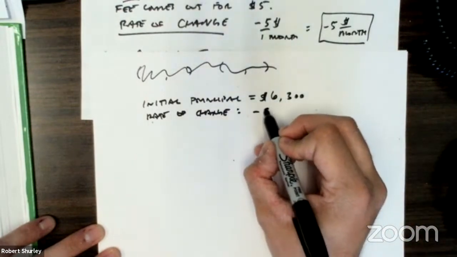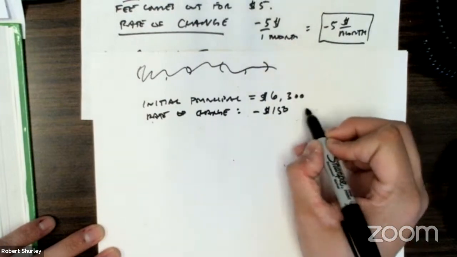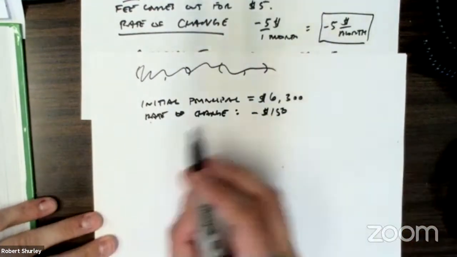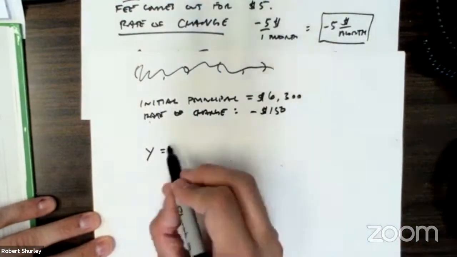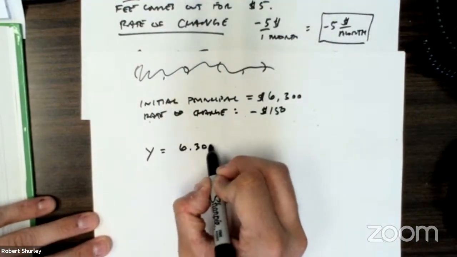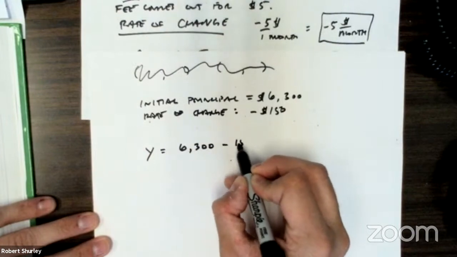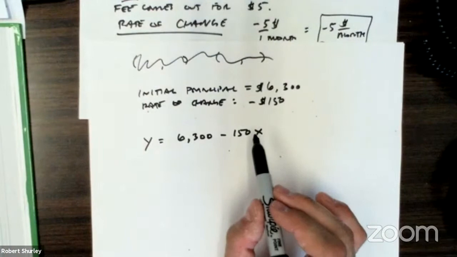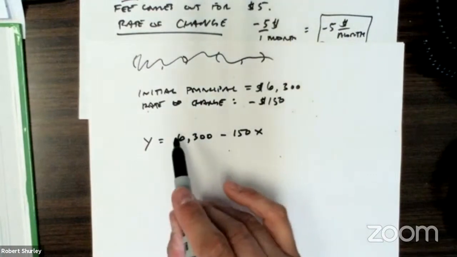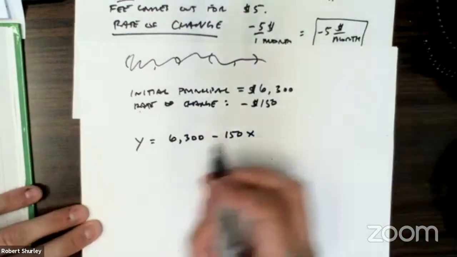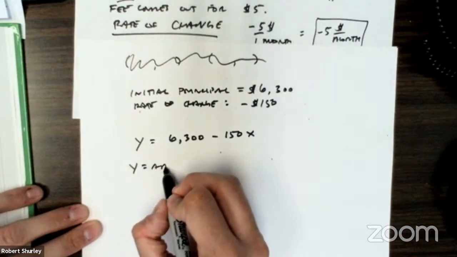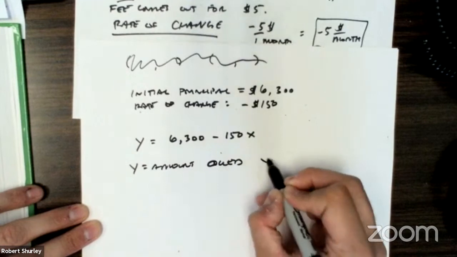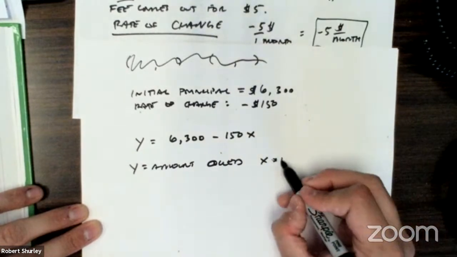Your rate of change is going to be negative $150 per month, right? You're going to make a payment of $150 per month. So the equation would just be your initial amount minus 150x. So this would actually give you the amount you owe on your vehicle, where y equals the amount owed and x equals the month